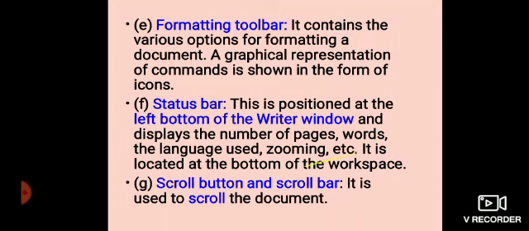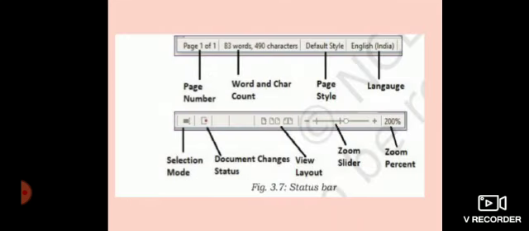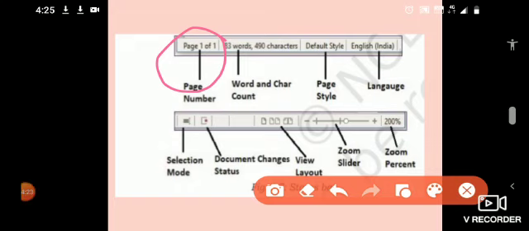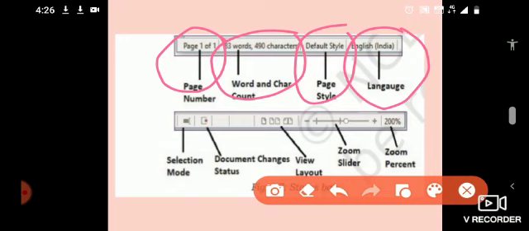Status bar. Look at this picture. You can see the status bar which shows your current page number, out of how many pages, which page number you are on, and how many words and characters you have typed. So it counts the words and characters, the default style, page style, and the language you have used.